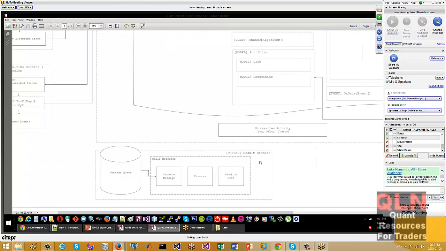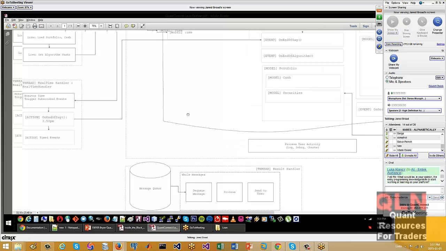And then finally, but importantly, the result handler. It's generating all of the debugging, all the logging, all of the order processing, and taking all that information and sending it to the user, whatever form that may be. If you're doing a local system, you could send it to your local CPU. But for us, we're taking all this information and we're piping it to the user, to the desktop, to the browser-based IDE. But yeah. Good.